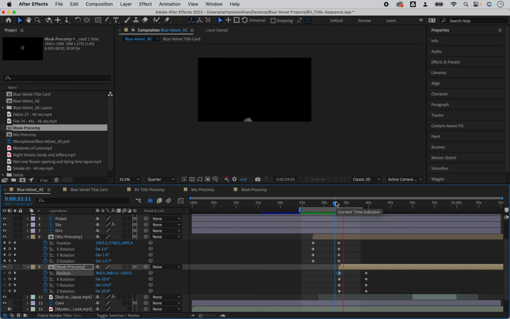I followed the same process for the mask as I did for the microphone. The mic and mask are floating up as we descend into the depths. Both the object and the animation speed are visual motifs for my characters and the theme of the movie.